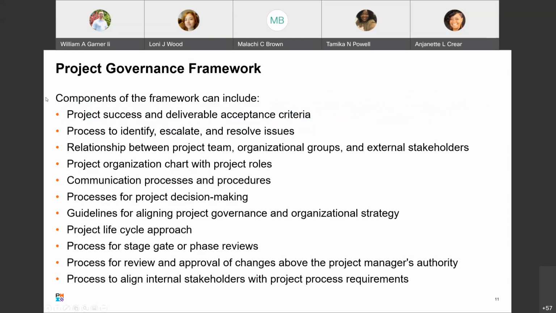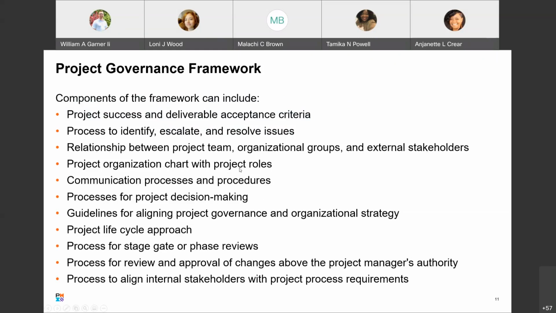This is from the PMBOK guide. Components of the governance framework include the project success and deliverable acceptance criteria, process to identify, escalate, and resolve issues, the relationship between project team, the organizational groups, and external stakeholders,